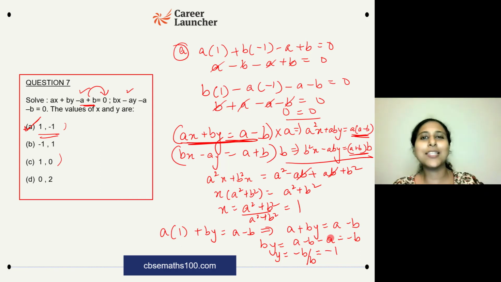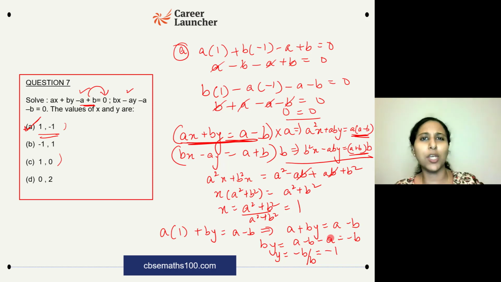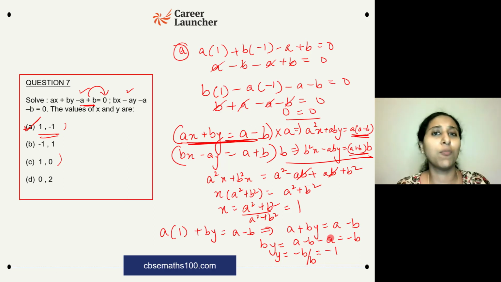When you're solving this using these two methods, what did you feel was faster? Definitely substituting the answer choices was faster over here, right? So don't worry when you're getting questions with letters. Most of you might be getting worried when the equation has letters. Treat it like a normal equation. You substitute, check whether it's making it true. If it's making it true, that's the answer. Otherwise, you solve both the equations.